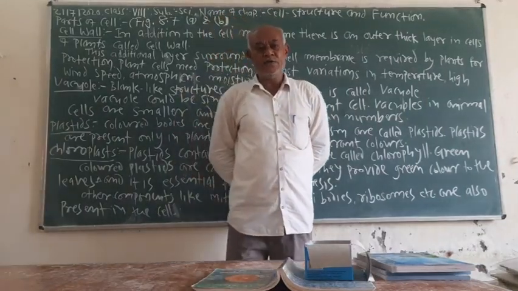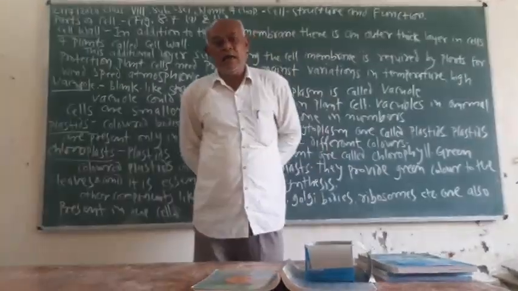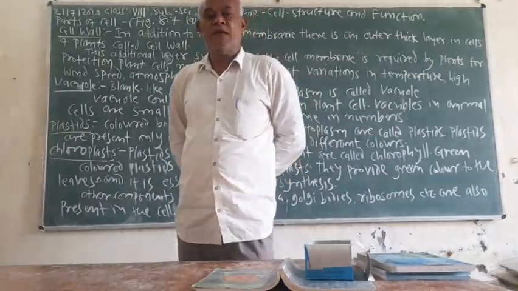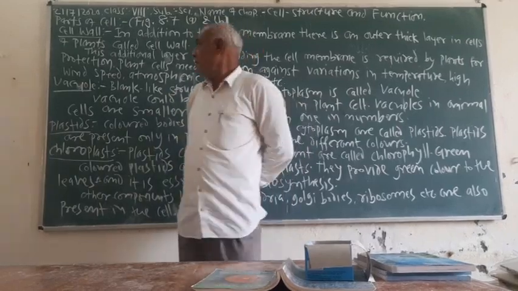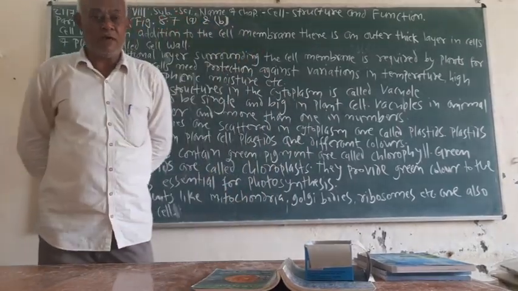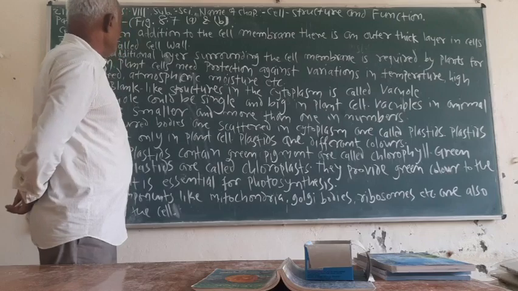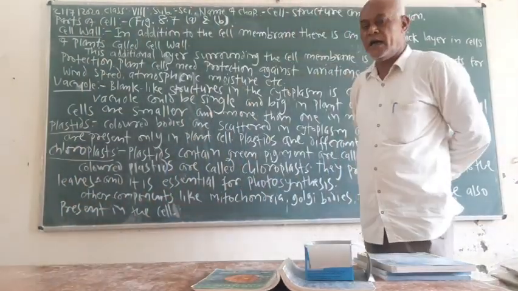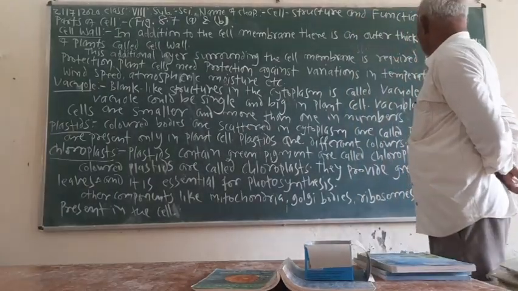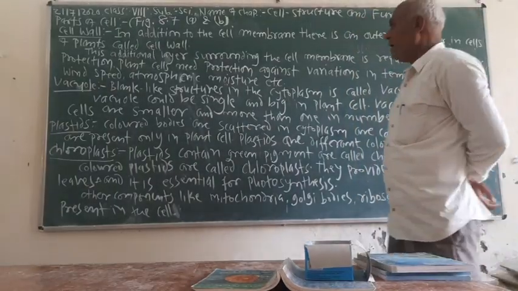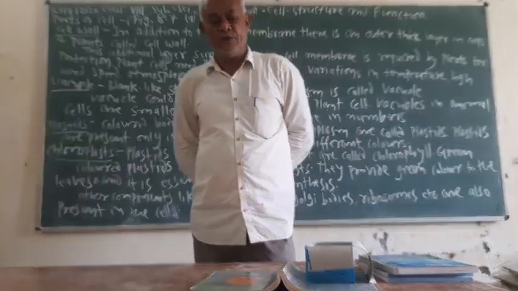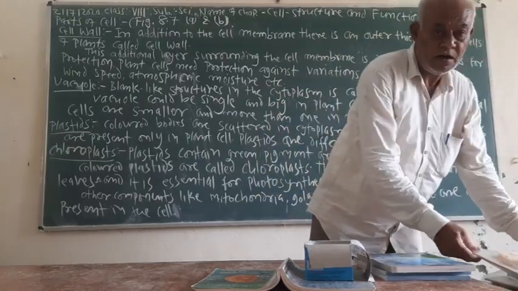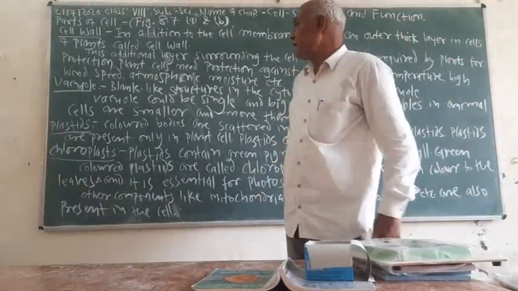In addition to these parts, the cell has other parts, which we will learn today. The next part is the cell wall. In addition to the cell membrane, there is an outer thick layer in the cell of a plant, which is called the cell wall. The cell wall is an outer thick layer